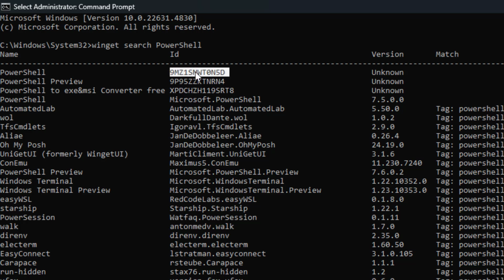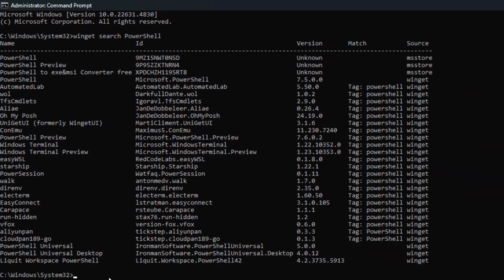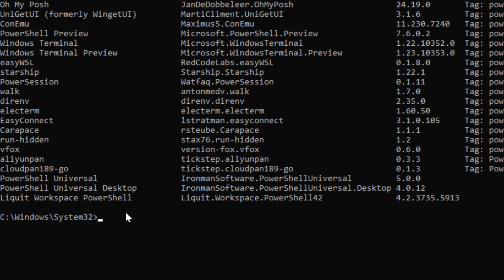Now right click will not work in the command prompt, so you need to use the shortcut key to copy that PowerShell ID. Hold the Ctrl key and then press C from your keyboard. Okay, like this. And after copying, guys, at the end here you need to type